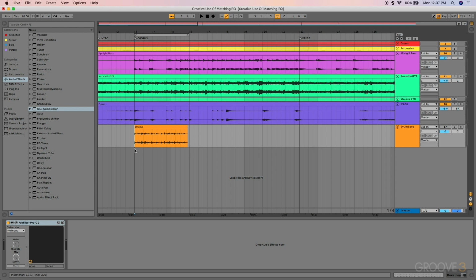So matching EQ is a feature that's present on some advanced equalization plugins like iZotope's Ozone and the FabFilter Pro Q that enables you to scan a reference track and the song that you're working on, and it copies over the equalization curve from the reference onto your mix, so that it sounds like that reference mix. So matching EQ won't mix your song automatically, but what it can do is quickly generate some ideas to try